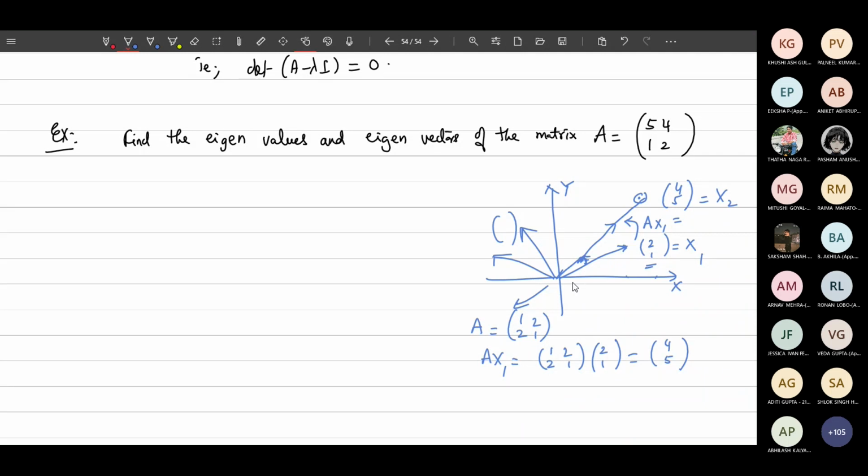And eigenvectors are those which, when you multiply with the matrix, stay in the same direction. The direction should not change. But if you look at this diagram, all the directions are changing here. With that matrix the direction is changed, because initially it is towards (2, 1), and afterwards, when I multiply with this A, it is (4, 5). But if the direction is not changing after multiplying, whereas the magnitude is changing lambda times, then we call that vector an eigenvector.